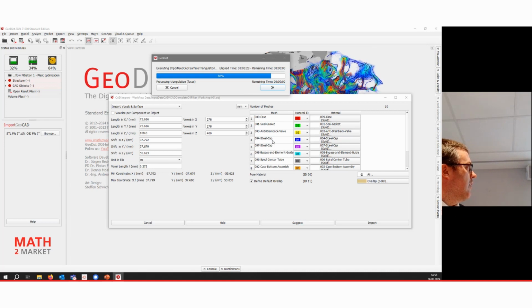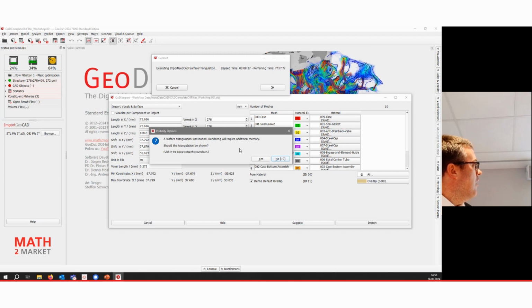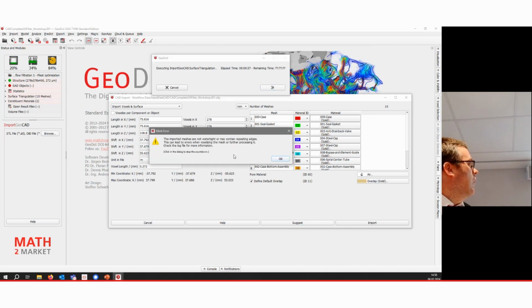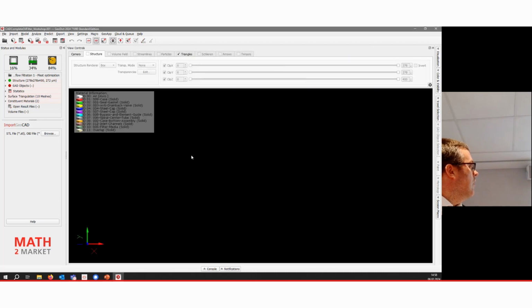Of course, it has to calculate all 10 structures. We have here, for example, the seal gasket, 2 caps, and then should a triangulation be shown? Yeah, that's probably a good idea to have a look at that first. Making the structure invisible is also a good idea. Okay, 400 voxels, that's fine.